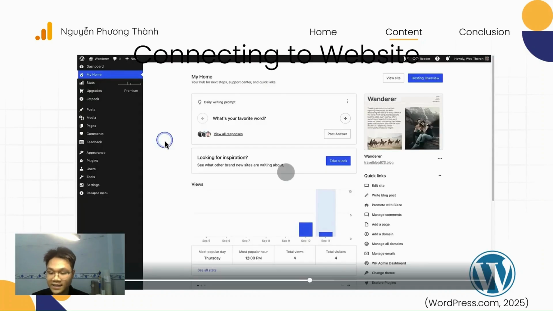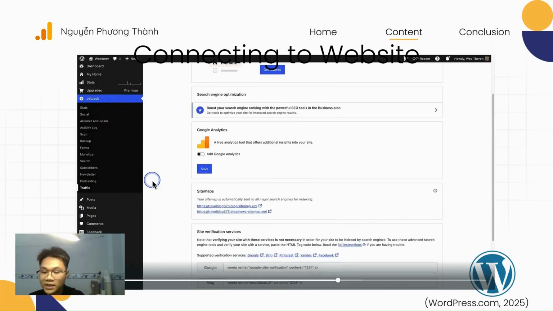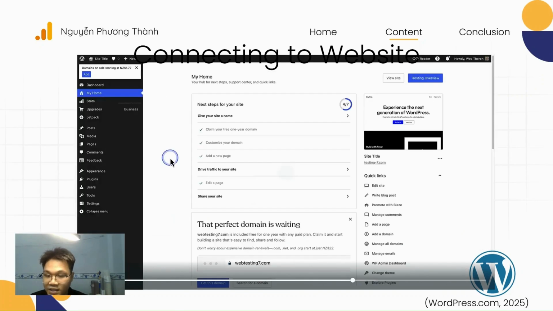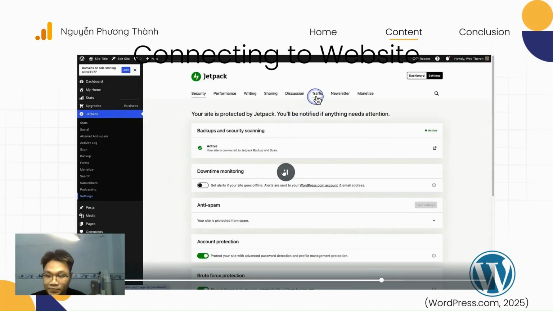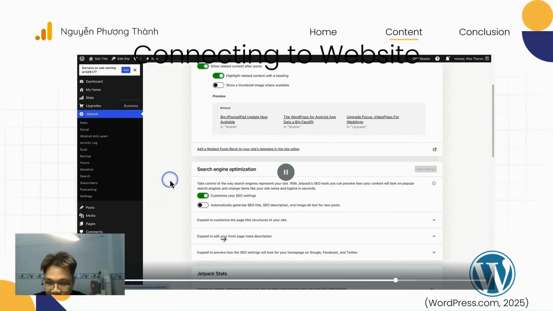And after that, the next step is connecting your site. Visit your site's dashboard and then navigate to Jetpack and select Traffic. And then you'll see the option to add Google Analytics. But if you have a higher tiered plan, you can make your way to Jetpack, select Settings, and then navigate to Traffic. And then scroll down to the Google Analytics section